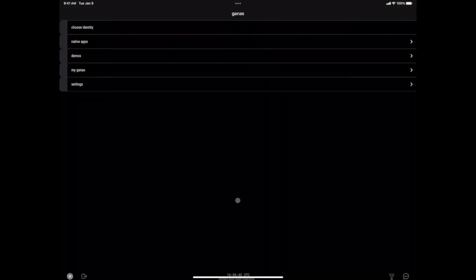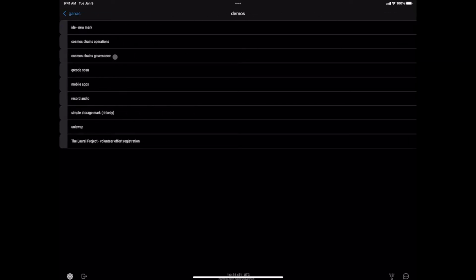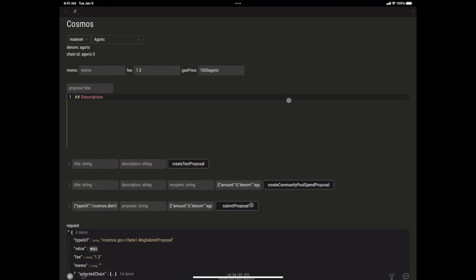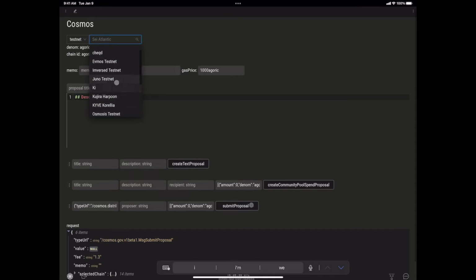I am now using Ganas on a mobile tablet. To test the current functionality, from the main menu you can go to Demos, Cosmos Chains Governance, and the governance extension for Cosmos Chains will load. We will use the Evmos testnet,